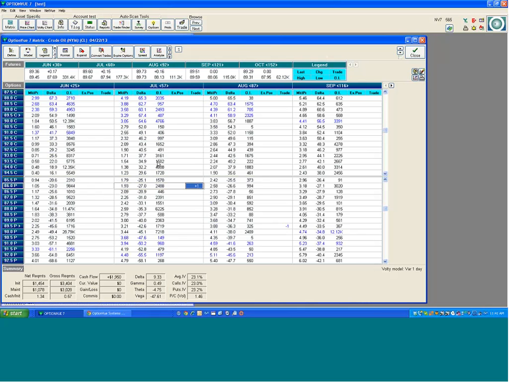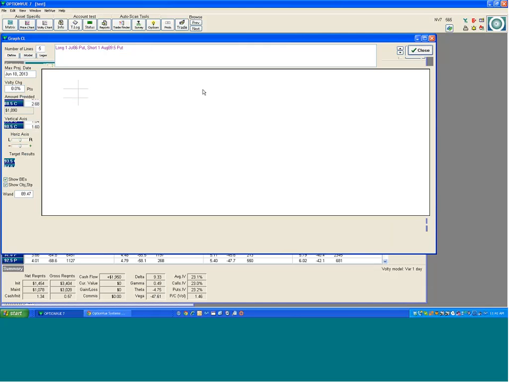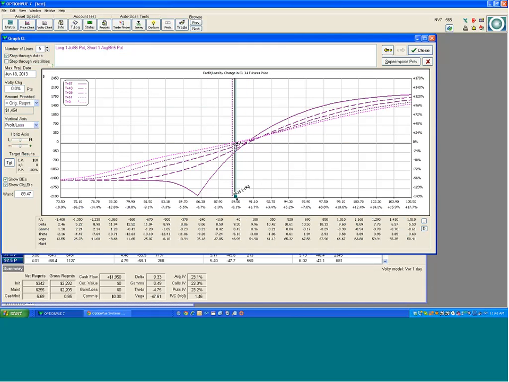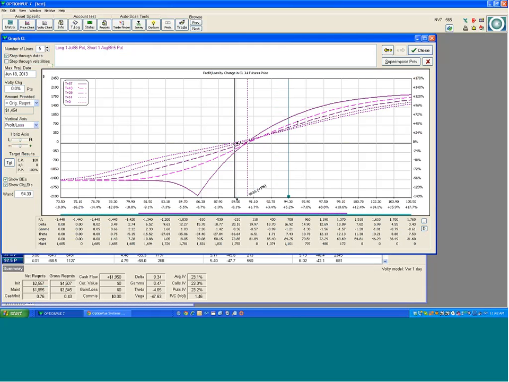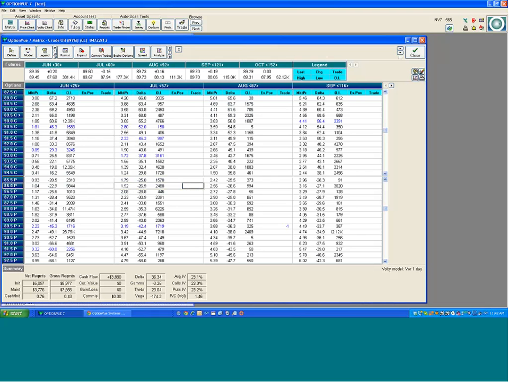Any reverse calendar spreads or diagonal calendar spreads will always have negative vega, but they will also have negative theta. They always have negative theta until you get a sufficient enough move to the upside, and then your theta can start to turn positive. So you need the market to move in the direction that you wish. But just as I showed you before, instead of doing these reverse calendar spreads or reverse diagonal calendar spreads, I would much prefer to do an out-of-the-money